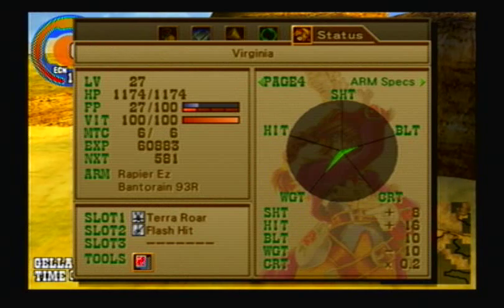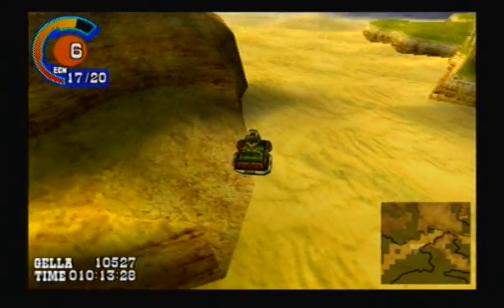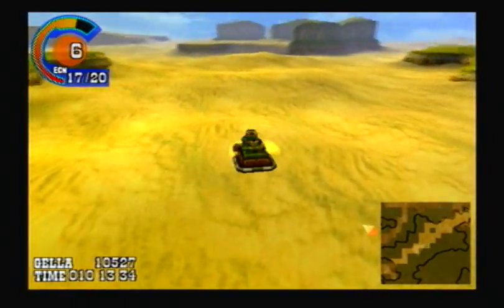If you didn't max out Virginia's arm setup, you may want to do that now. Just grow some holy roots, sell them if you need to. Actually, you can get 10,000 Gala if you,